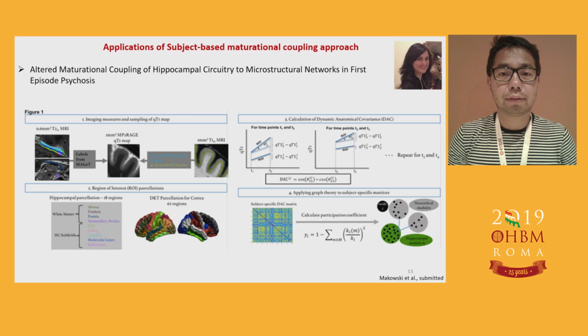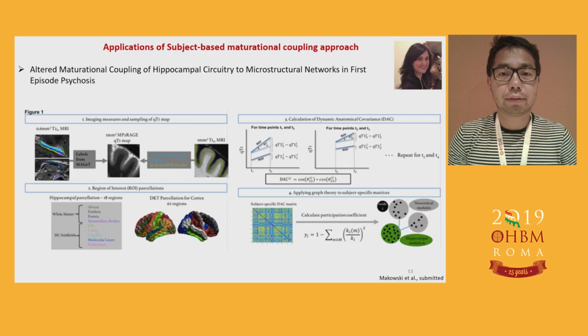And she took it further. She used an idea from graph theory, in particular the participation coefficient, which gives an index of how hub-like your nodes are. So for example, what she's interested in this work is the green, the hippocampal module with all the 18 nodes, and she's interested in using these maturational coupling matrices. Which of these nodes, which of these hippocampal regions come out as the node with the most central connections to the rest of the brain?